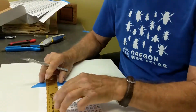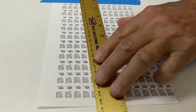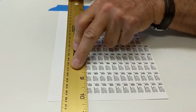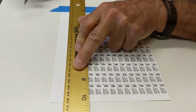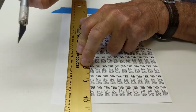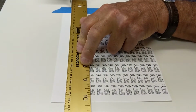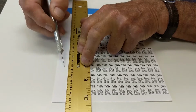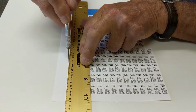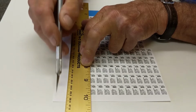So the first thing we're going to do is line up to get rid of this white part out here. That's my first cut. So I'm going to go up just above that, and the real key is hold the metal straight edge down and do not move it until you're all the way cut through the piece of paper. Do not try to cut through the piece of paper on the first pass. That's why you tend to go away from the paper or cut the label. Just score that really easily to the right about the blue tape. Go back and do it again,